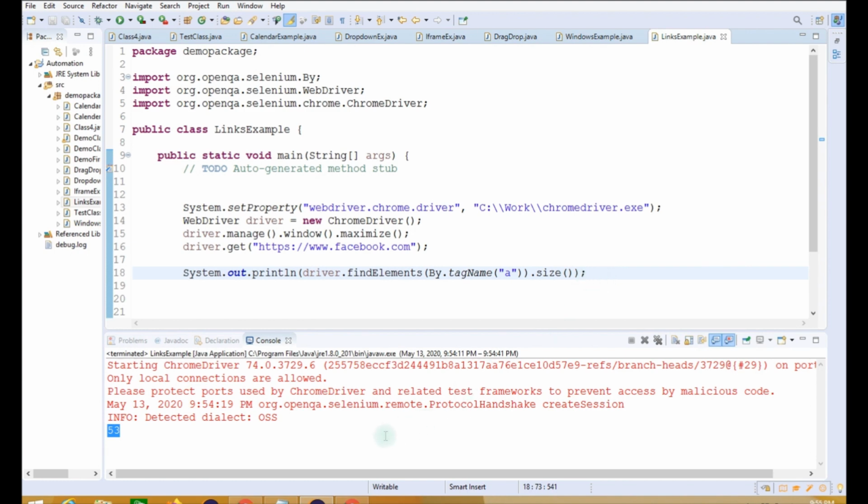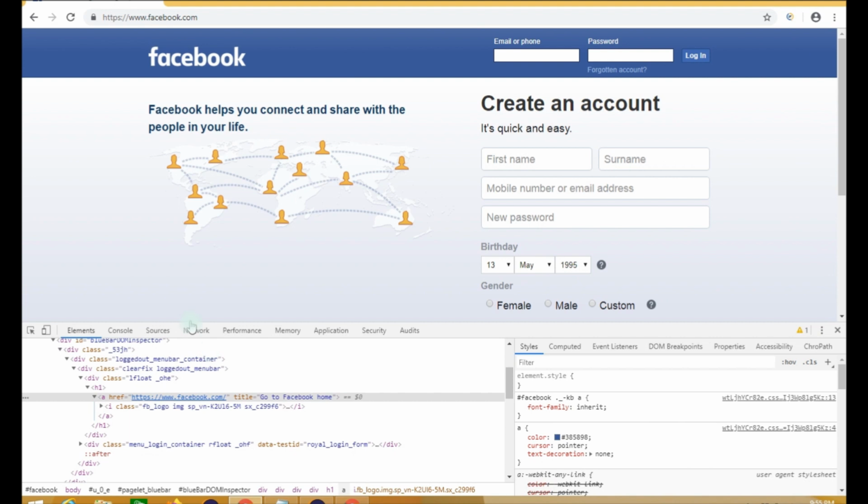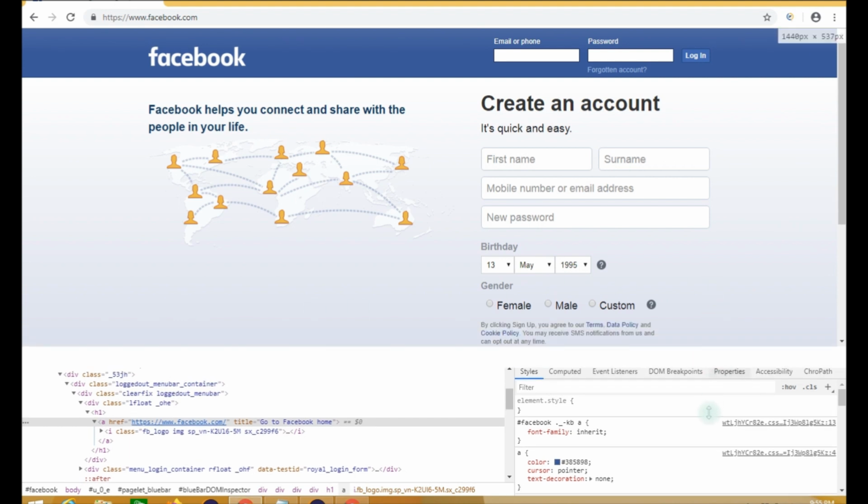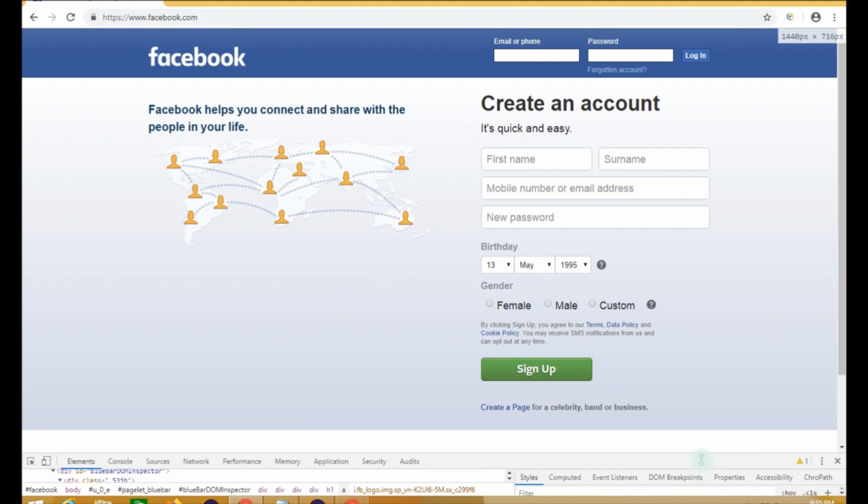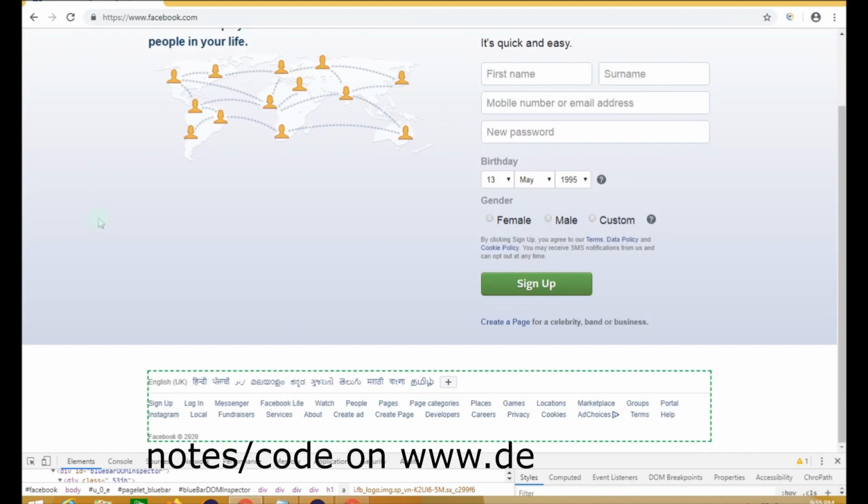So this is one scenario, and the other scenario that is asked in many interviews is that we have seen the concept of finding the links on a web page, on the complete web page. Now in many interviews it is asked that we have to find links that are present on a particular element.